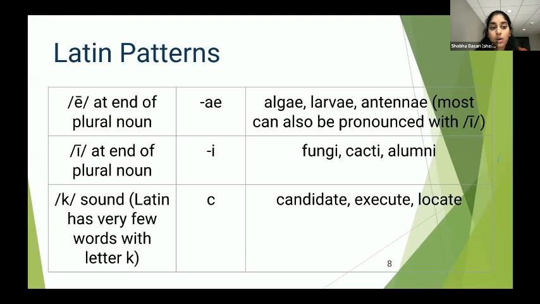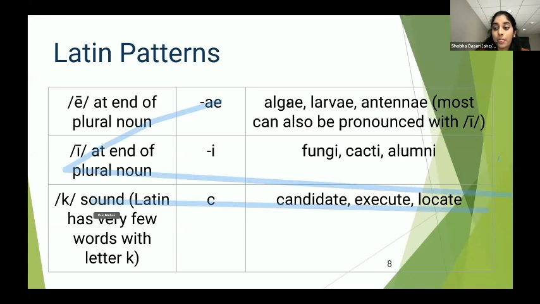So the first language pattern for Latin here is the E sound, especially when it's at the end of a word and that word is a plural. Examples of this are algae: the singular is alga, the plural is algae, and you're able to